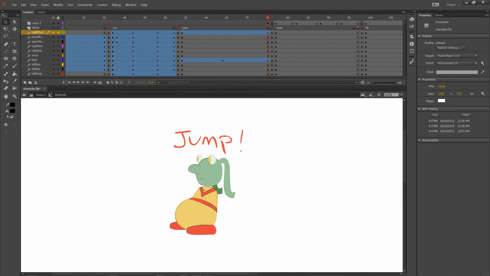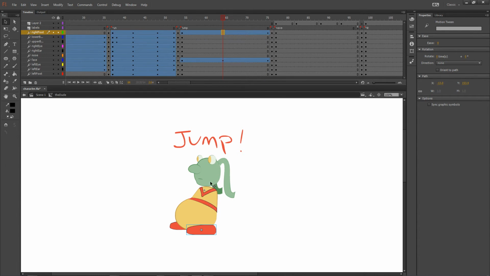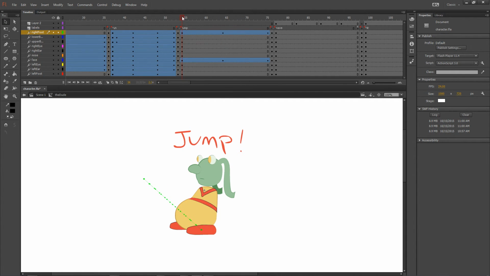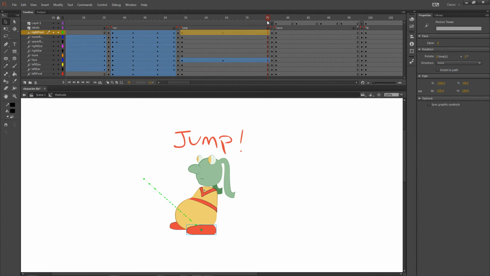And you'll see how it makes that little black dot right there. That's a key or a keyframe. And now when I move this, it starts here, goes there, and now it'll end up back where I wanted. So if you really like using the motion tween, which I do, it's my preferred method of animation,